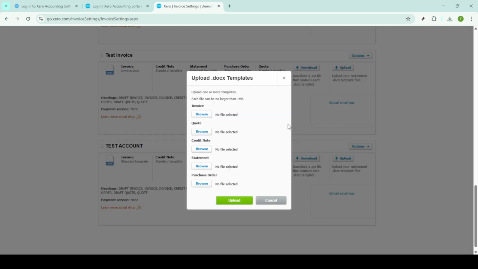From now on, every invoice generated using this template will reflect the customizations you've made, offering a polished and branded appearance. This thorough process ensures your invoices are as professional and personalized as possible, representing your business well in front